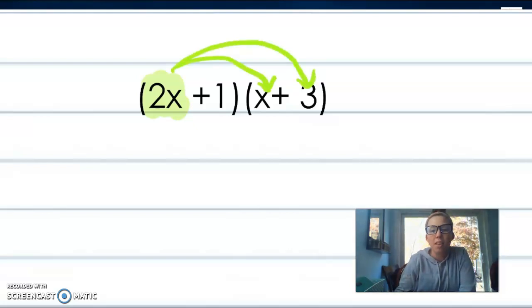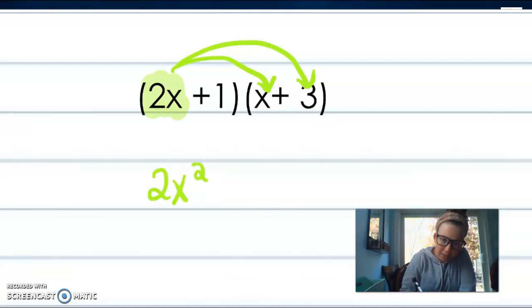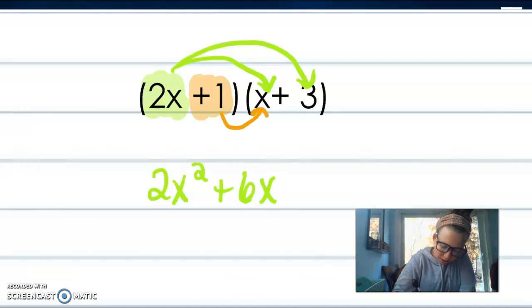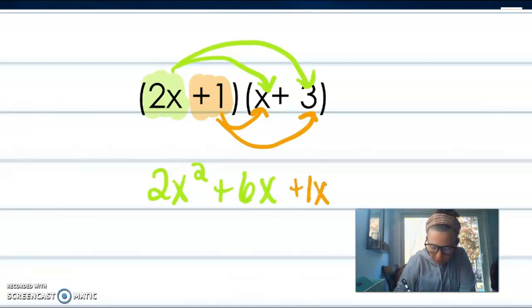So that would be 2x times x, which is 2x squared, and then 2x times 3, which would be plus 6x. And then we'll pick the orange. And then the 1 times x and the 1 times 3. So 1 times x would be x, or just 1x, and then 1 times 3 is 3. And then again, we're going to just go ahead and combine